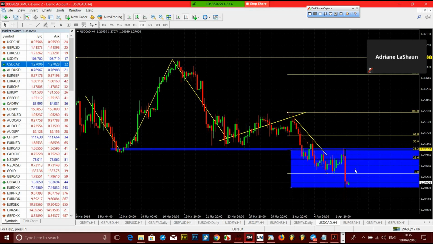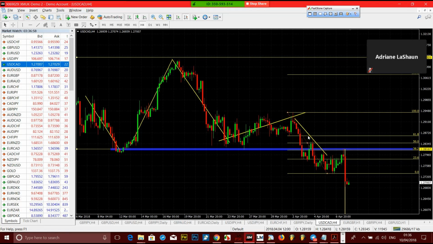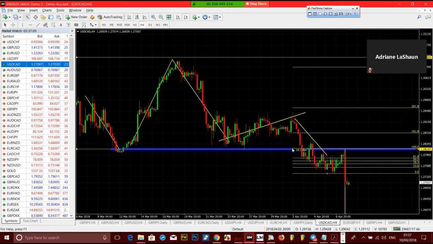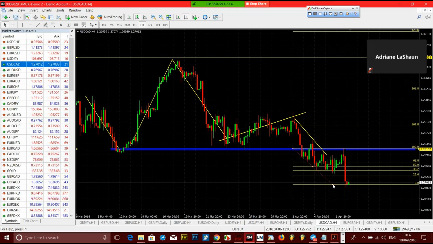Come down a bit. Yep, almost there. That will be my TP, and then this will be like my D. If it keeps going down, I'll just have to keep moving my Fibonacci. But if it turns at this point, if it starts having some reaction at this point, this will be my next 100. Then I'll drag this down to wherever it gets to.